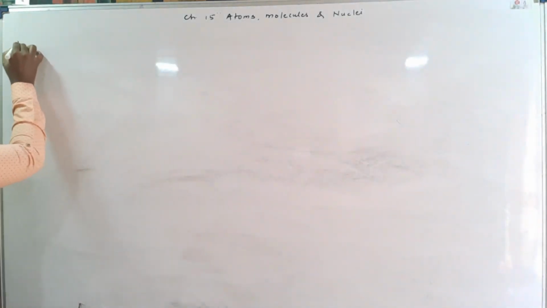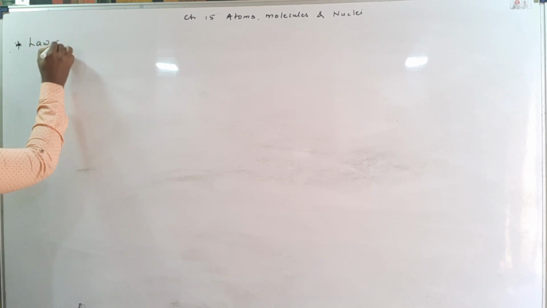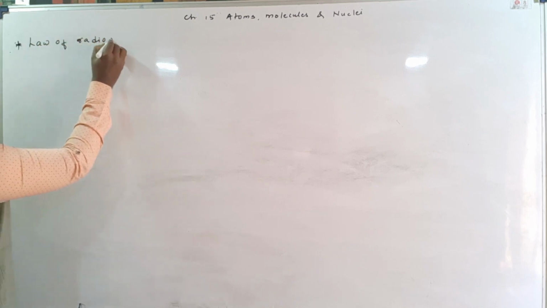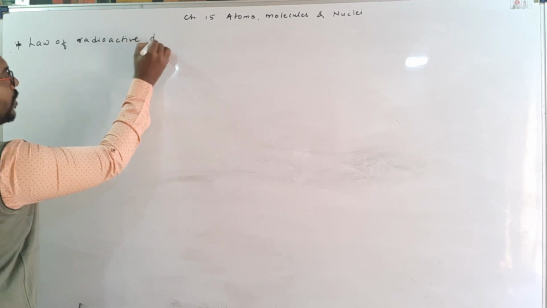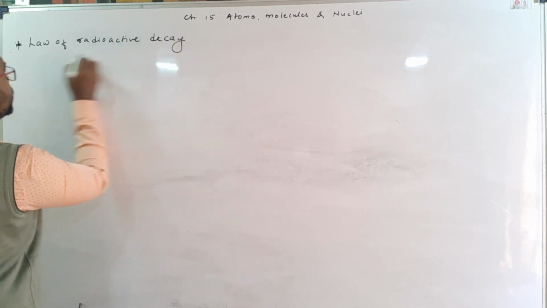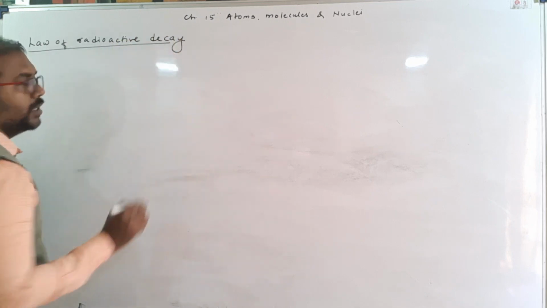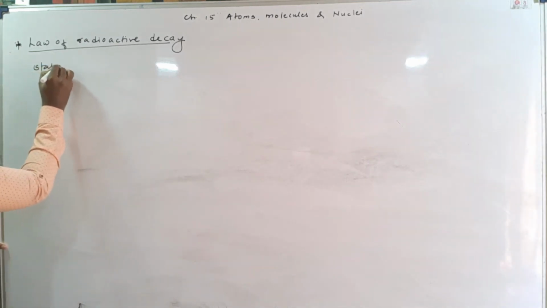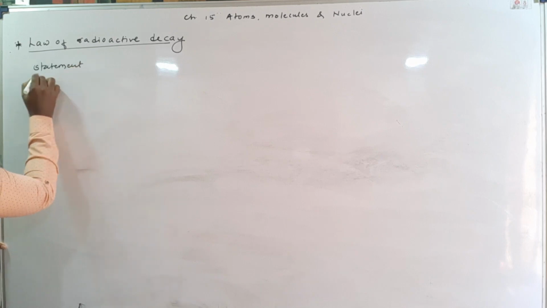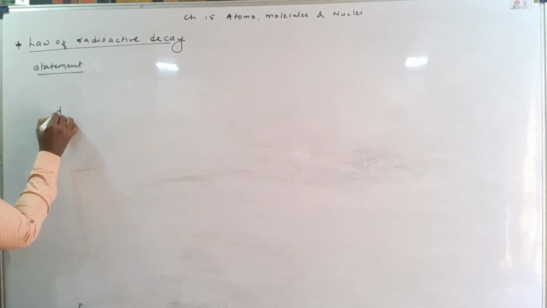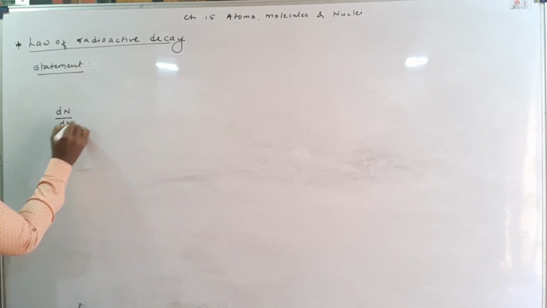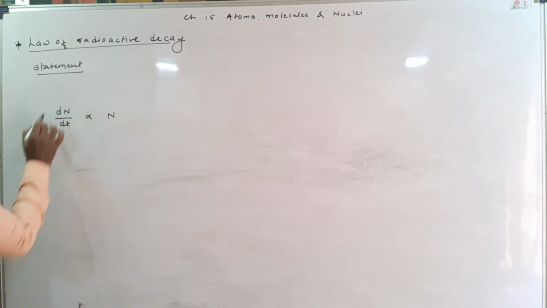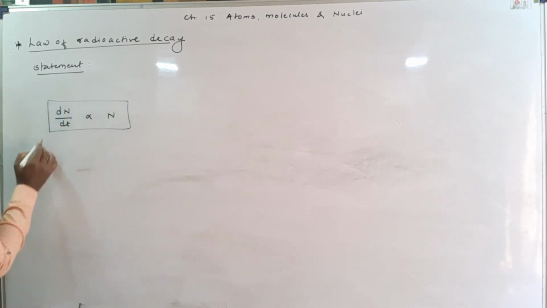So today's topic is the law of radioactive decay. Now here, let me tell you the mathematical statement, and then by using that you can write its statement. Mathematically, dN by dt is directly proportional to N. So this is the mathematical statement. Now in this formula,